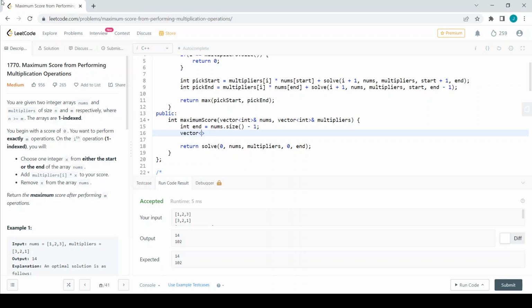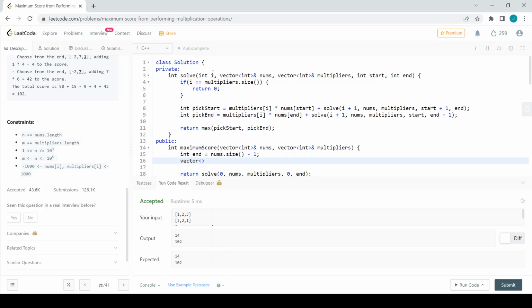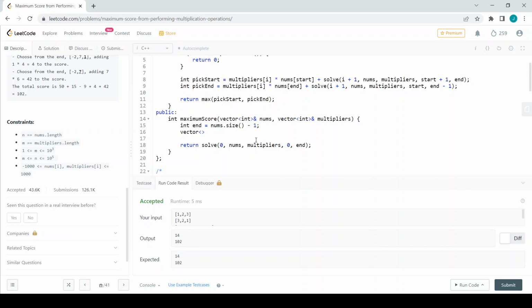For memoizing it, we have to see what parameters are changing. Here we have three parameters changing: this i, and then start and end. What is the size this can grow to? The start and end is nothing but the nums dot length. Nums dot length is growing till 10 power 5. So since there are three parameters changing, we have to declare a